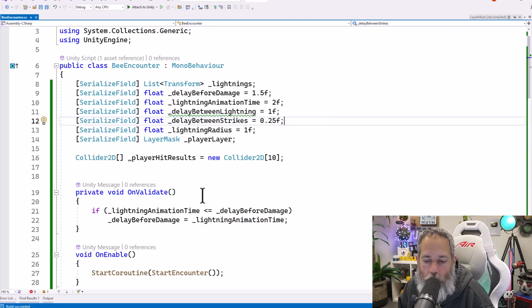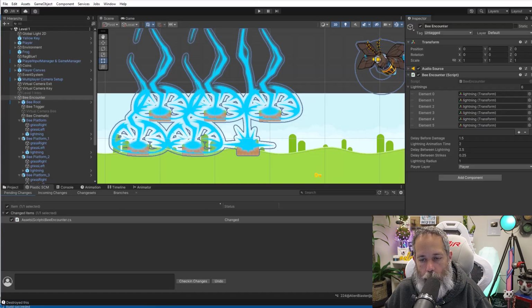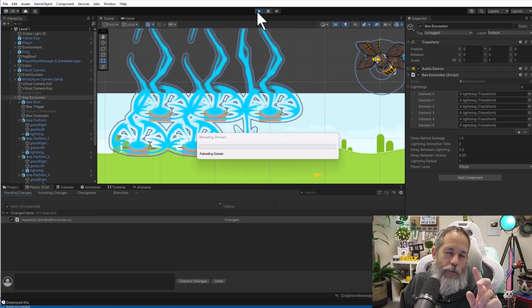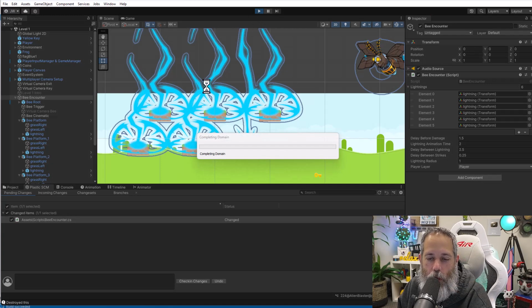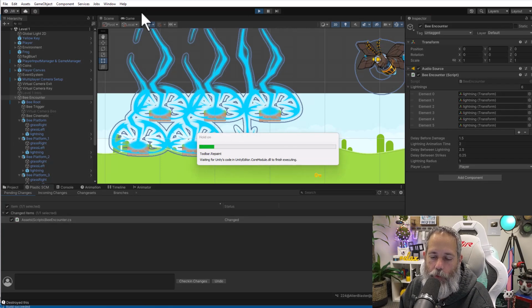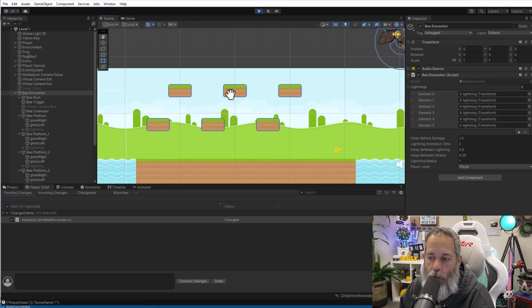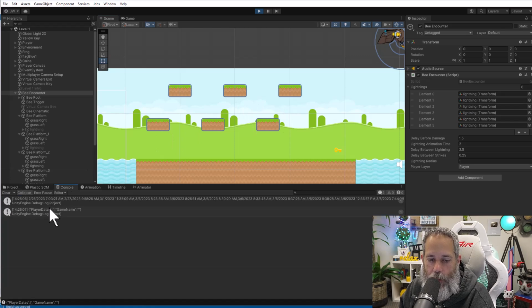We'll do a build. Control-Shift-B, jump into Unity, and let's just see that in action, make sure that we're getting two lightning strikes, that our two coroutines are working, and that everything is somewhat okay, or see if everything just goes completely wild and haywire, which is kind of what I expect. Let's watch it. So here we go. We're in the scene view, and let's see if I go to the console tab. You see that stuff isn't really showing up, but I can see some lightnings kind of appearing and then disappearing